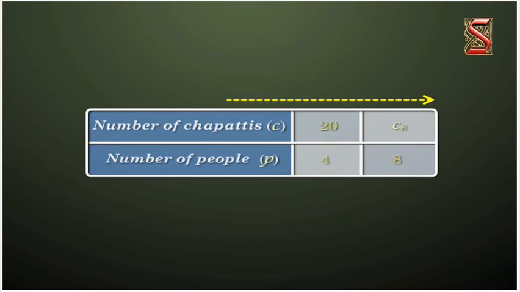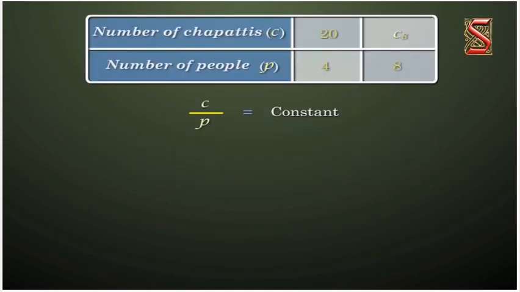If the number of chapatis increases, the number of people to consume them should also be more. So again, they are directly related to each other. One quantity increases, the other also increases. So in that case, they are directly proportionate. So D for direct, D for division. So the division of these two values will always be the same, that is constant k. So C1 upon P1 is equal to C2 upon P2.